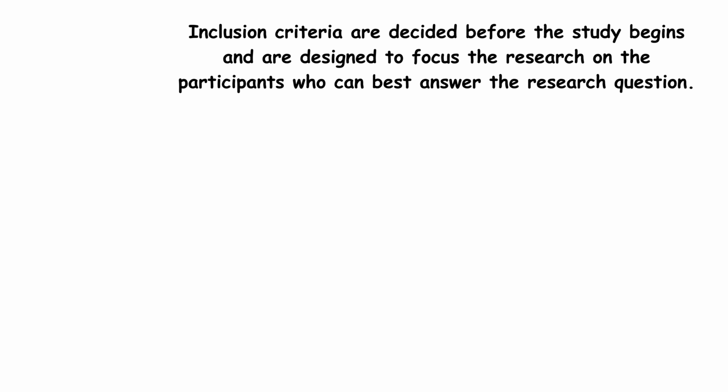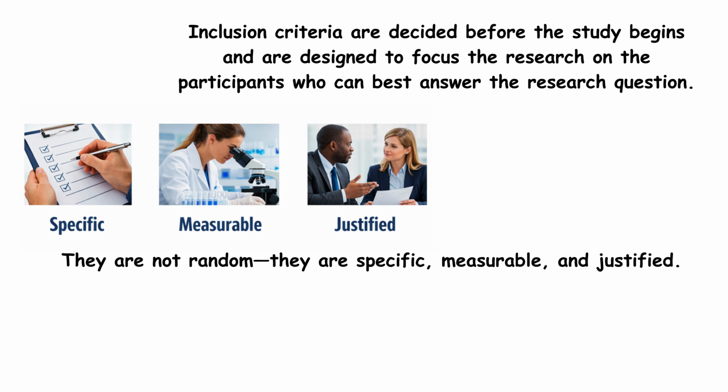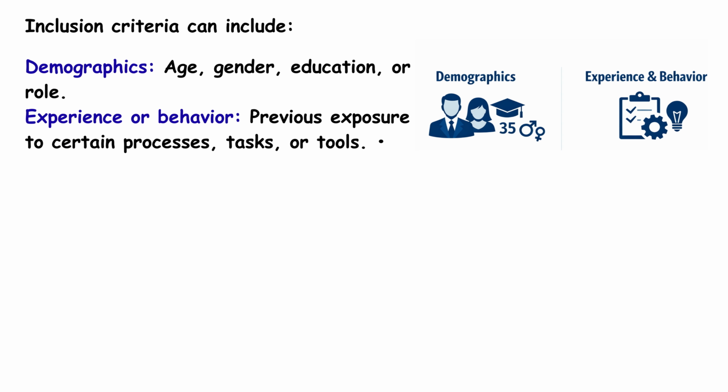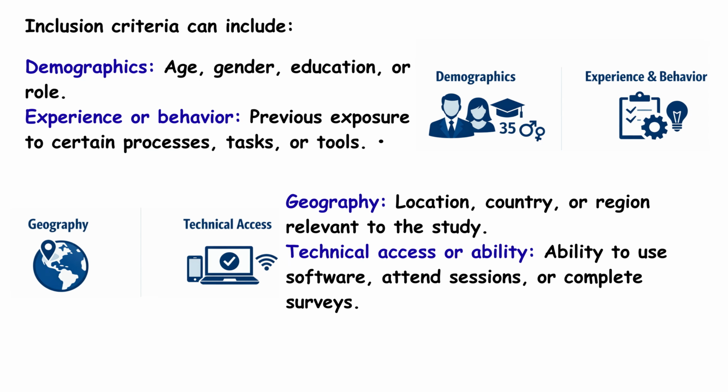Inclusion criteria are decided before the study begins and are designed to focus the research on the participants who can best answer the research question. They are not random, they are specific, measurable, and justified. Inclusion criteria can include demographics: age, gender, education, or role; experience or behavior: previous exposure to certain processes, tasks, or tools; geography: location, country, or region relevant to the study; technical access or ability to use software, attend sessions, or